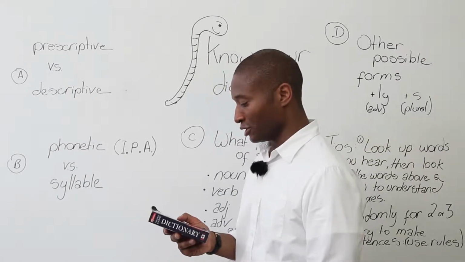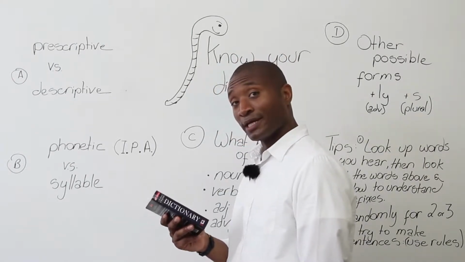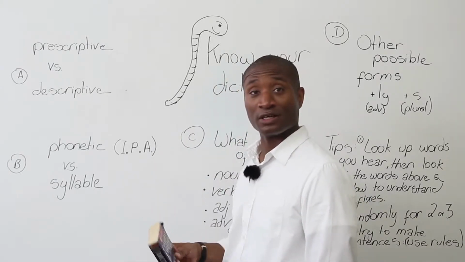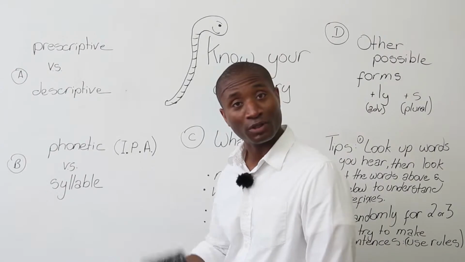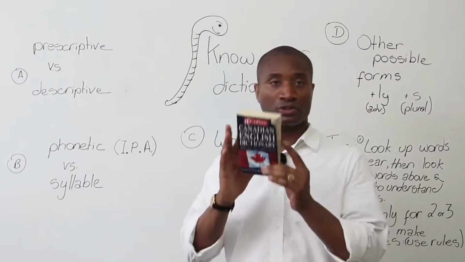The Canadian English Dictionary. Over 500 sold. Not many Canadians, I think, eh? Just joking. It's 500,000, and my name's James from England. Welcome. I'm going to help you today learn to use this thing